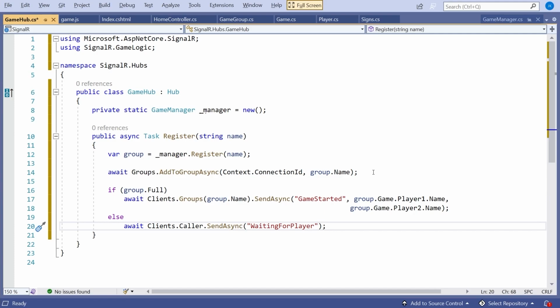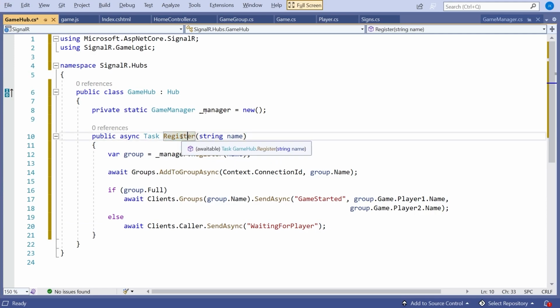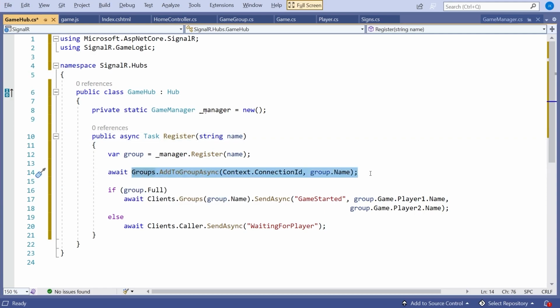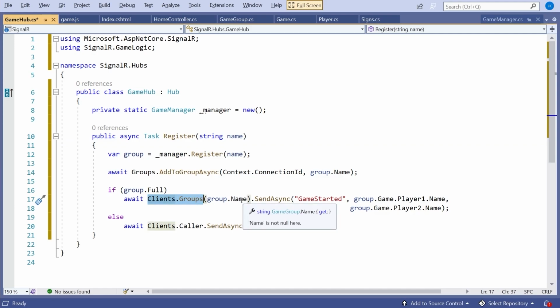So already you can see we've got the idea of an incoming message. We just have a public method. The parameters are whatever you like. Obviously the browser has to provide a name, but as many or as few, whatever type you like. And then we can see the idea of configuring a group, putting these clients into groups and then sending messages back. Either we can send a message to all the members of a particular group, or we can send it back to the caller, and there are various other options we can use as well.